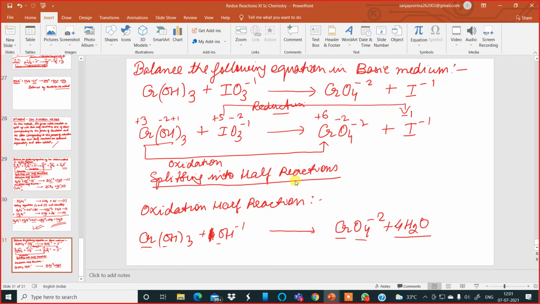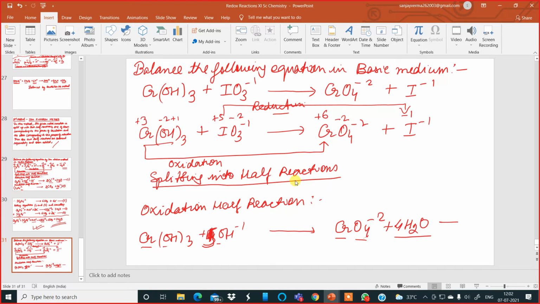So I have to balance hydrogen. It has become 8 over here, but oxygen also has become 8, 4 plus 4, 8. So I have to balance oxygen now. Oxygen is 3 plus 1, 4. So now I'll put 5 hydroxyl ions here to balance the oxygen. So now check. Oxygen is 3 plus 5, 8. Oxygen is 4 plus 4, 8. Hydrogen is 3 plus 5, 8. Hydrogen is 4 plus 4, 8. So this oxidation half reaction is balanced.